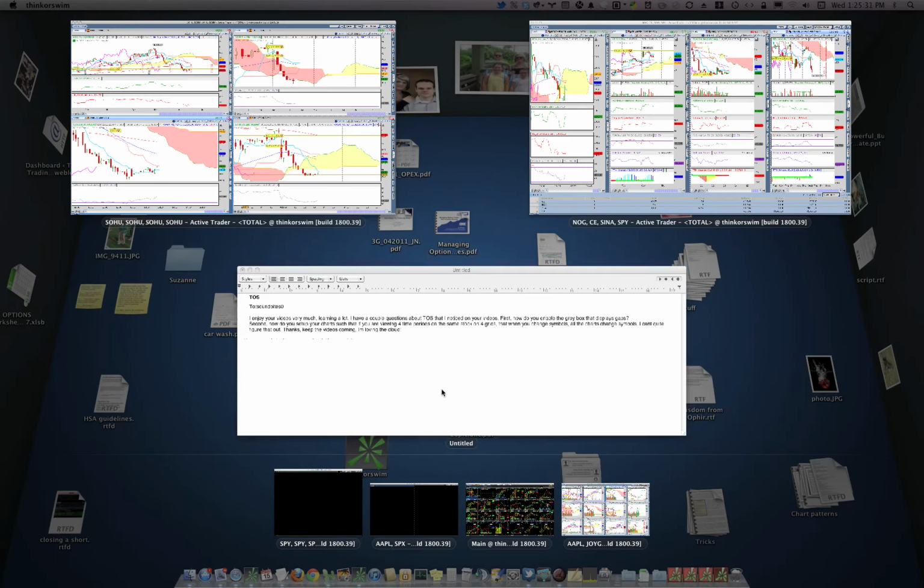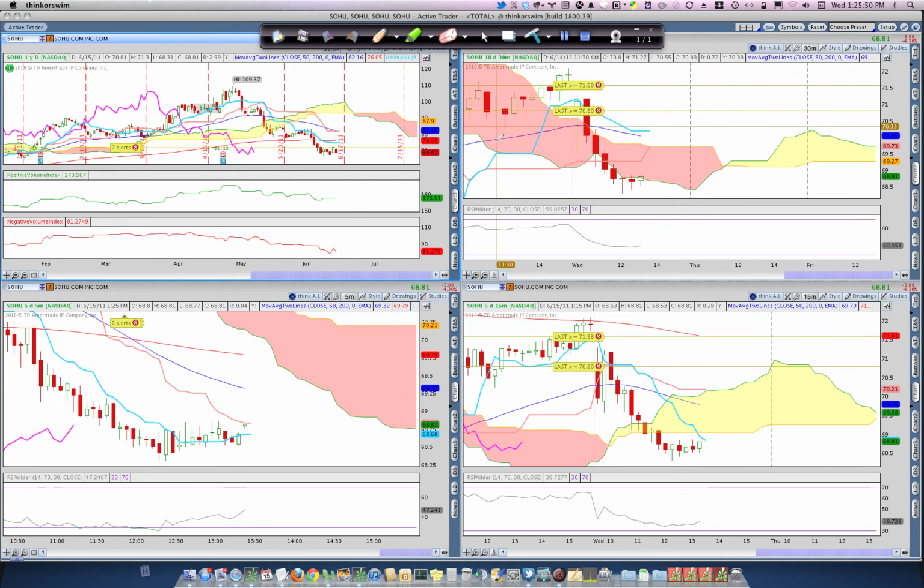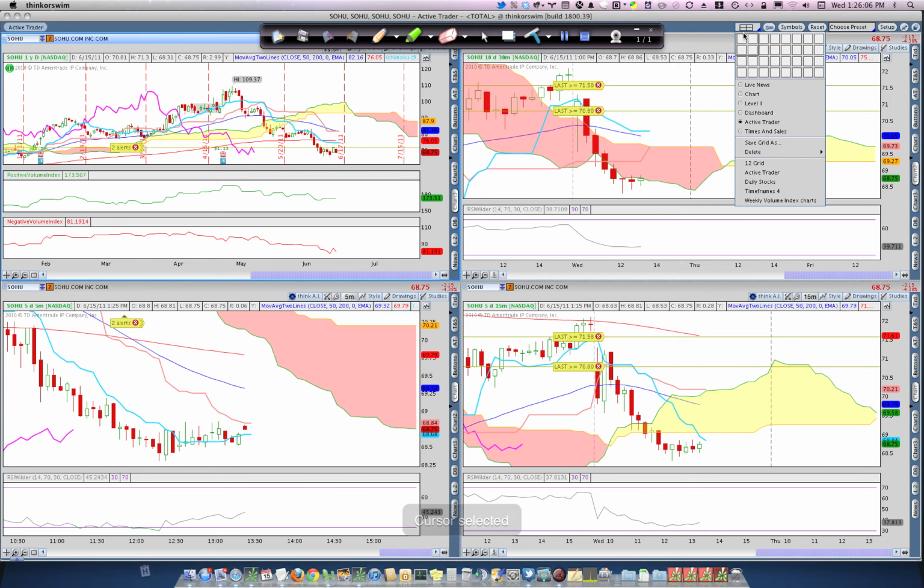The second question was how do you set up your charts such that you're viewing 4 time periods on the same stock on 4 grids, and when you change the symbols, all the chart symbols change? Well, that's an easy one too, but if you're not used to using Thinkorswim, it isn't obvious. Right up here in the corner, you have the icon that allows you to choose what type of grid you want. So you can have a 1 grid,